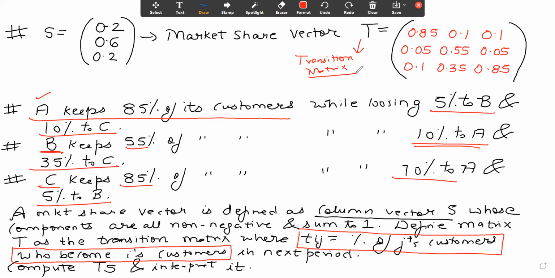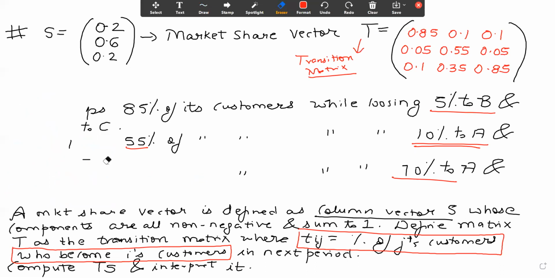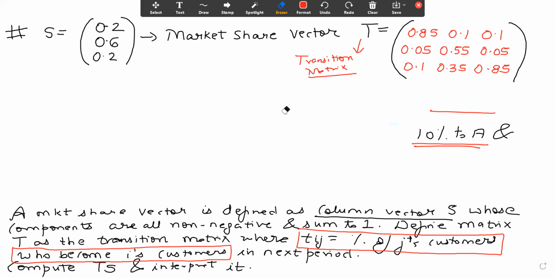Now guys, when we multiply these two matrices, so I am erasing all this now. I hope students have noted this down. Now guys, when we multiply these two matrices, what do we actually get? So let's work that out. The question is asking us to compute T into S. Okay, so T into S will be